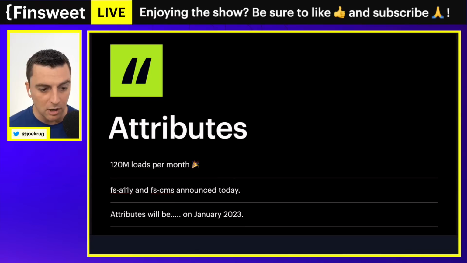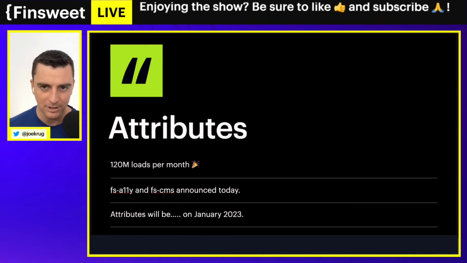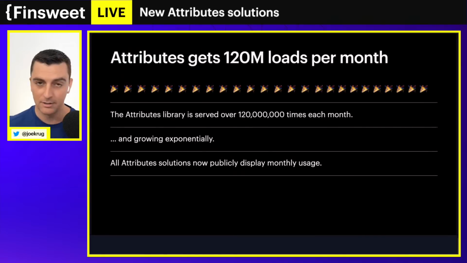Wow. We're going to talk about FS Alley and FS CMS Element. They're announced today. They have very, very big long-term implications. Let's talk about it. First, 120. This is growing exponentially. We're actually seeing an exponential curve. So by this time next year, this could be significantly higher. This is a powerful solution. It's very clear that people are using it, and we're very proud of that. And that means we're going to really, really focus on growing this